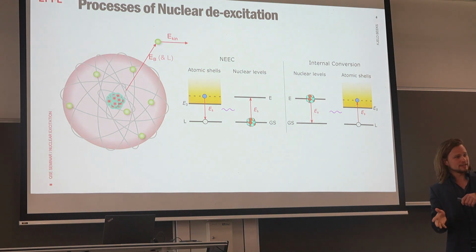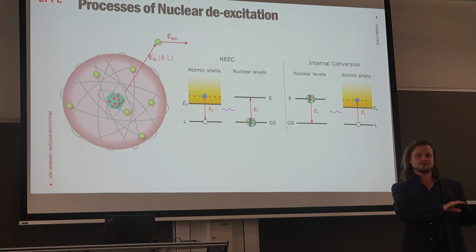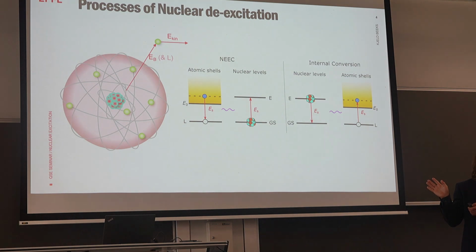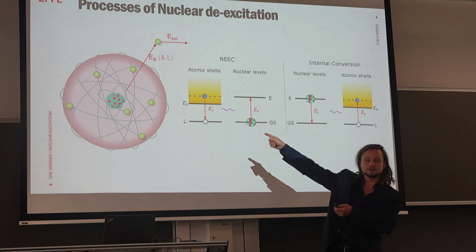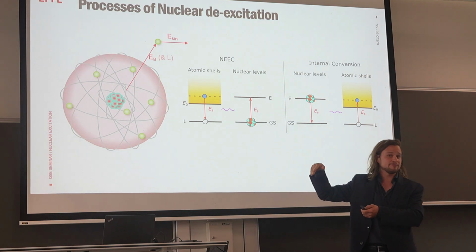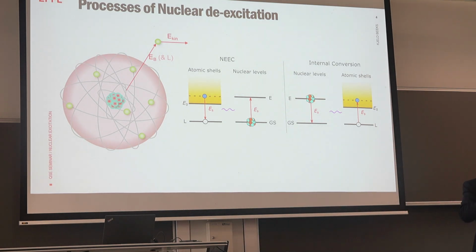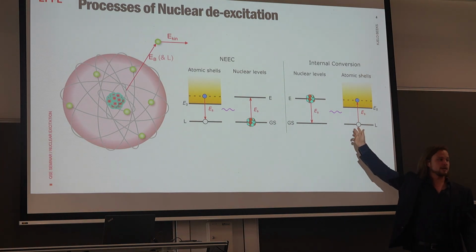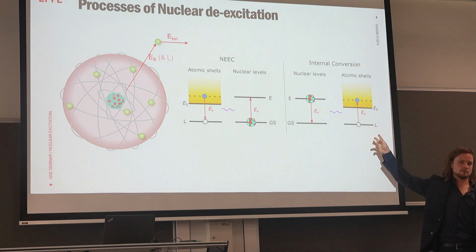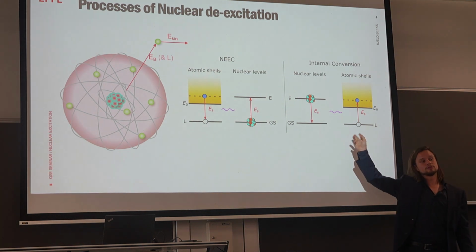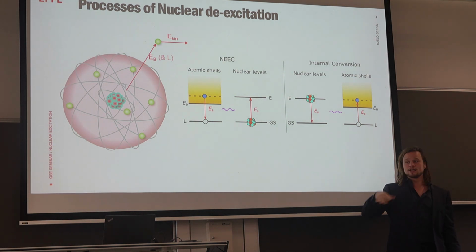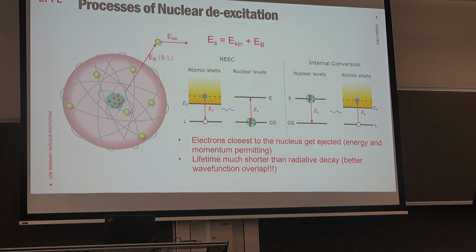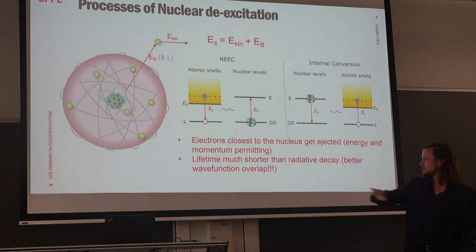And just as I said that the excitation process has a much higher chance of happening, or cross-section, usually a nucleus will decay via emission of an electron. And as you can imagine, if I throw out an electron from the inner shell, I will have X-rays coming in afterwards. So there's lots of background if I manage to excite a nucleus like this. But this is usually the dominant decay channel of any nucleus, not radiative decay. And this then obviously often has a shorter lifetime, whereas radiative decay has a long lifetime. Yeah, basically that's what I said.